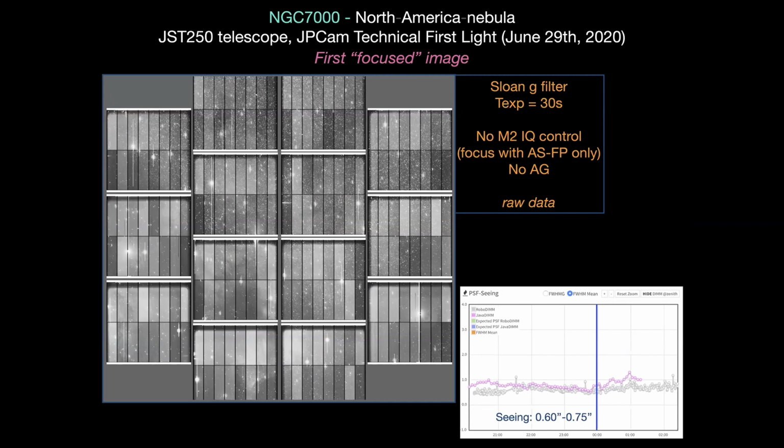focused image that was already taken with JPCam at the telescope. So you can see that this is raw data. In fact, you can see in the image very clearly all the 16 amplifiers that every detector has. So you can see as black lines the pre-scan and overscan rows and columns. And then we pointed, in this case, to the North America nebula and took a 30-second exposure image using the